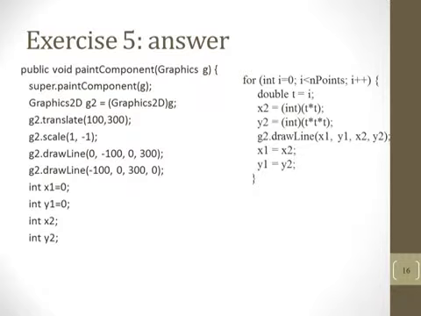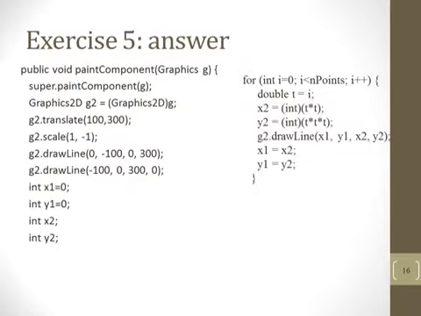Then we take the first point for t equals 0, which means x1 will be equal to 0 and y1 will be equal to 0, and, as before, we declare x2, y2, and we make a for loop on all the points, and then we calculate x2, which is t times t, and y2, which is t times t times t,